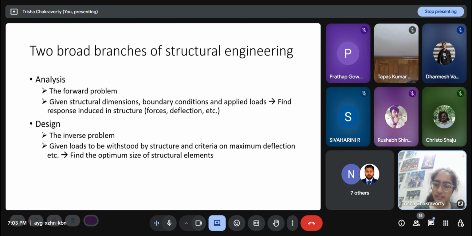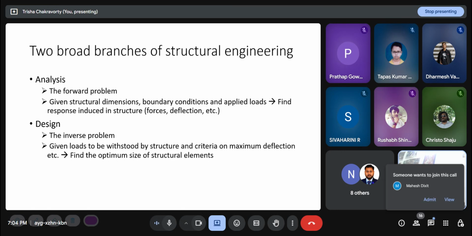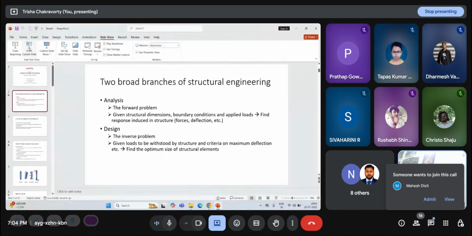For example, in residential buildings, the live load as per Indian codes is 2 kilonewton per meter square. And there will be dead load, which is the self weight of the structure. There will be wind load corresponding to which zone of which country I'm sitting in. There are codal provisions. There will be certain earthquake loads that we have to consider. So I will be given the loads,